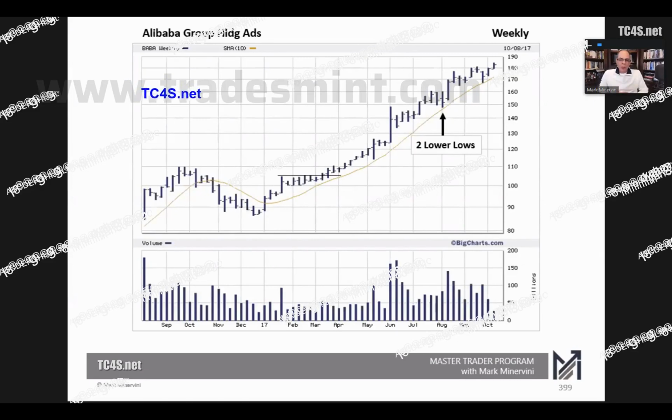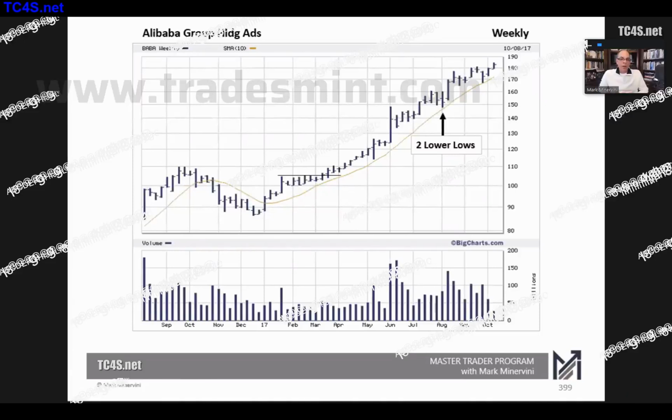This is when you're playing for a longer term move, you're using the weekly, and maybe you're in a stock that has made a big move and you want to stay with it. It's acting right. Maybe you just started a new bull market, stock's up quite a bit. What we found is that a stock can go a long distance. So a leading stock that's acting well can go an awfully long distance sometimes without ever making more than two